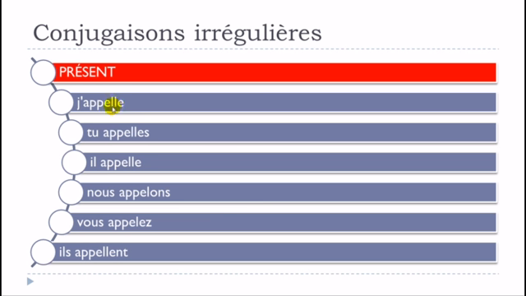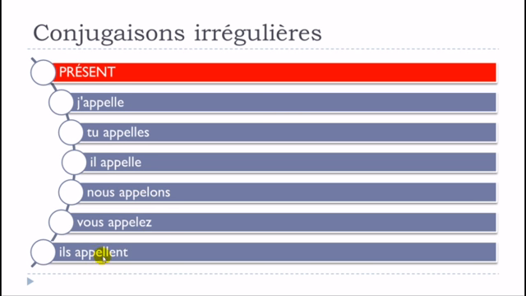Okay, and then it's quite interesting because, as we saw in the previous video, if you have double L like that, it will affect the pronunciation of the e. So actually it will open the sound, and that's the reason why you will get the sound è, okay? J'appelle, all right? So j'appelle, tu appelles, il appelle, and now for nous and vous, actually they follow the rule, but then you keep only one L, so that's the reason why you will get the sound appelons, okay? This is mute or silent, appelons, and then vous appelez, okay?